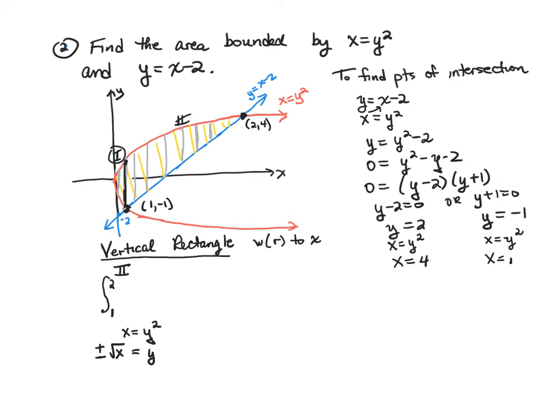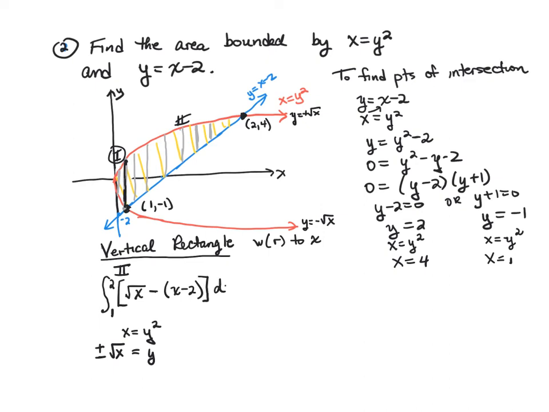So this is the combination of two curves. Y equals positive root x is above the x-axis, and y equals negative root x is below the x-axis. So in region 2, it would be the top, which is positive root x, minus the bottom, which is still the line x minus 2